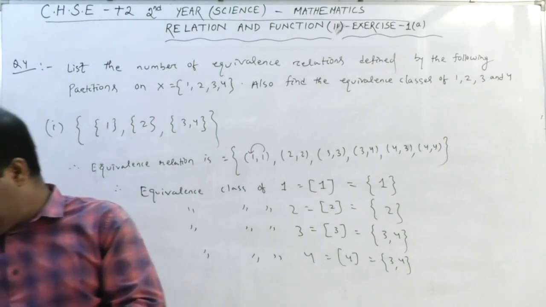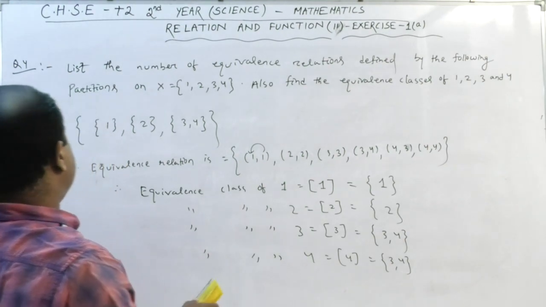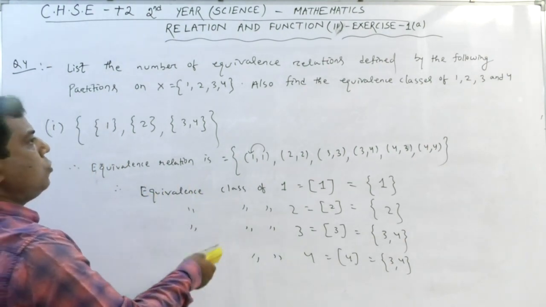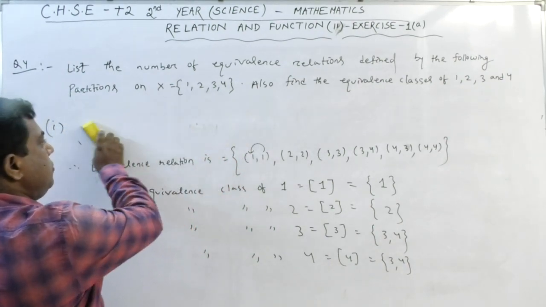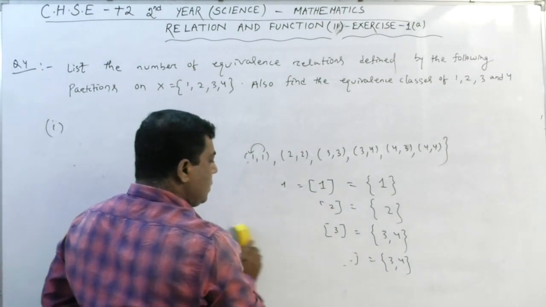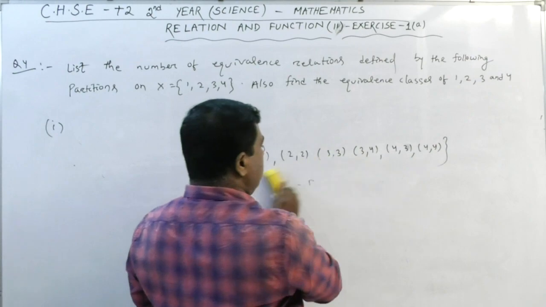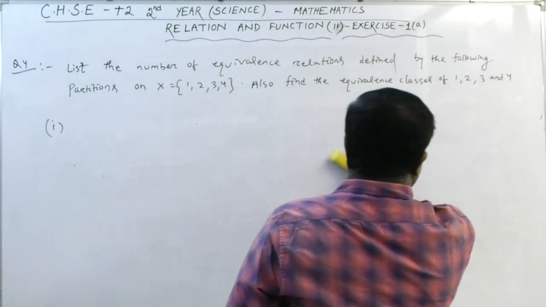Next we will go for another option. That is our next bit, and we will again show how we are able to show the equivalence class. So I am cleaning it. The partition gives itself an equivalence class. Okay, so just make a cross product of the partitions with itself, and you will get the equivalence relation.